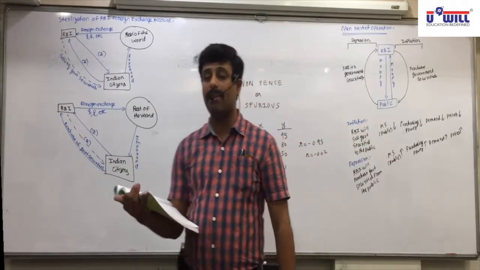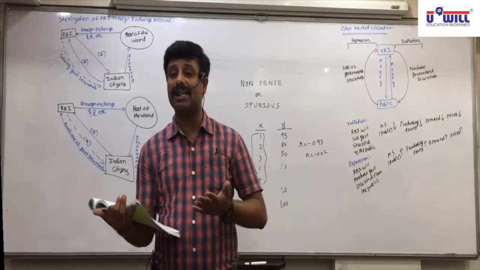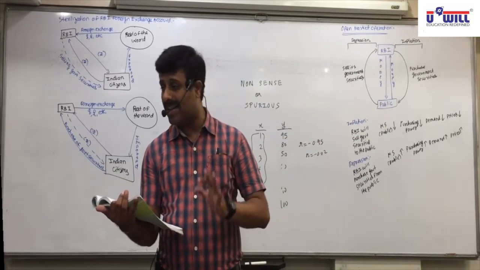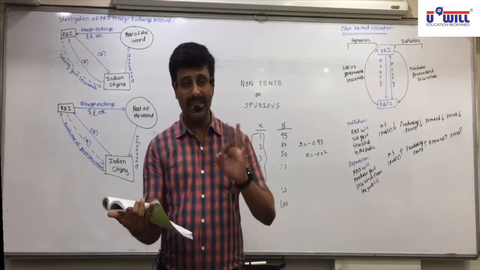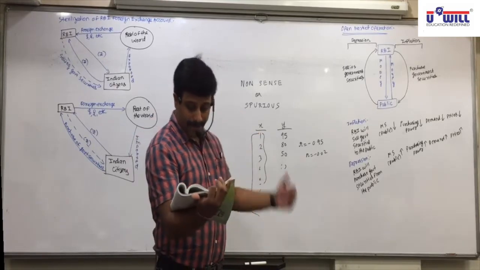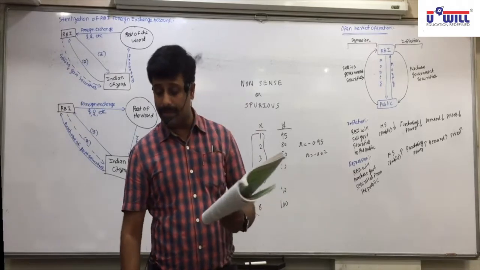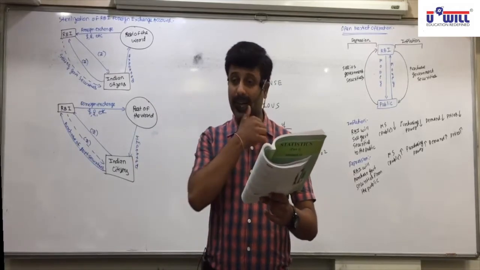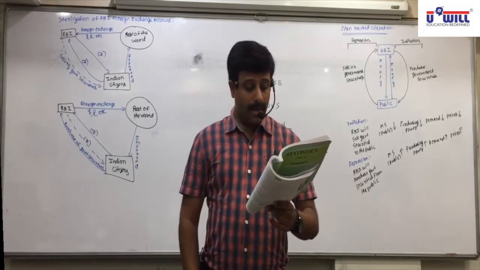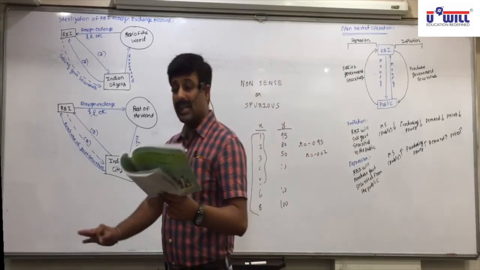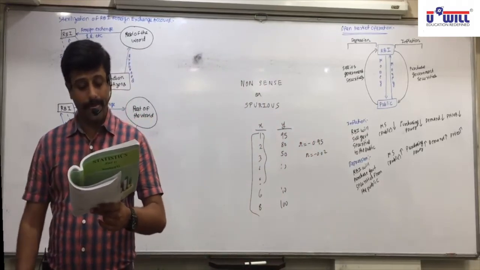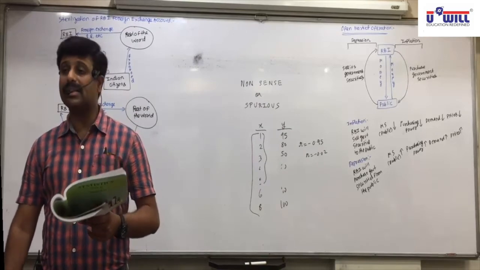Section C. I repeat, whatever points I have already done in theory in the class, I am just making you write the page numbers. We have already underlined that. New points I will discuss, like these precautions. Question 1, meaning of positive correlation, page 60. We have already done it in the class. Question 2, meaning of negative correlation, page 60, we have already done it. Assumption of Karl Pearson's, page 68.